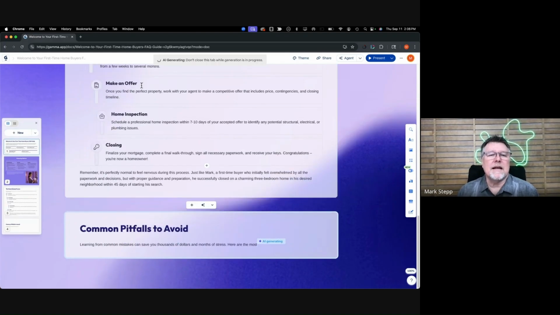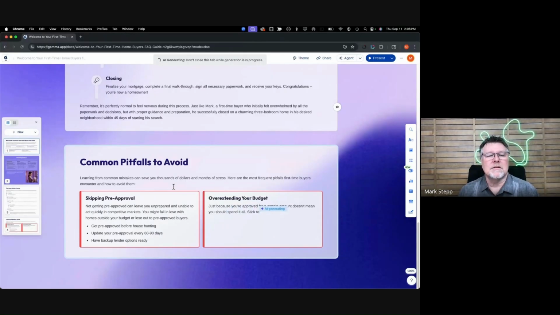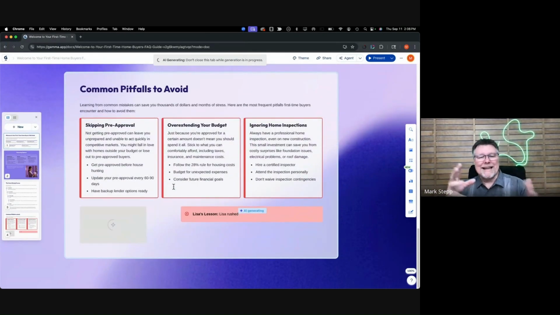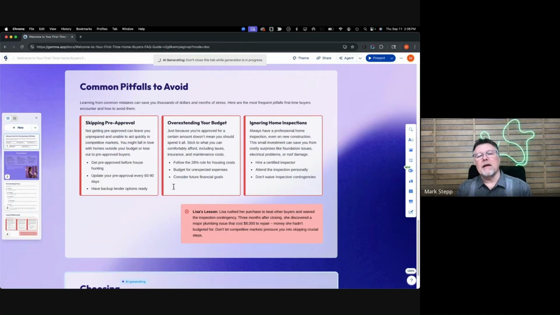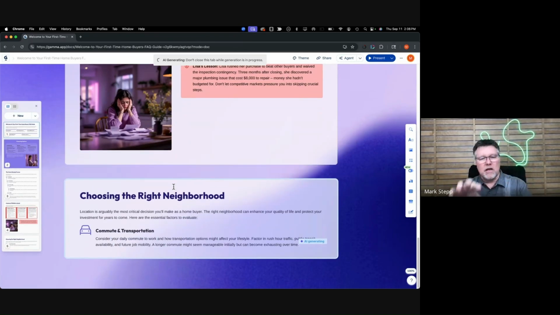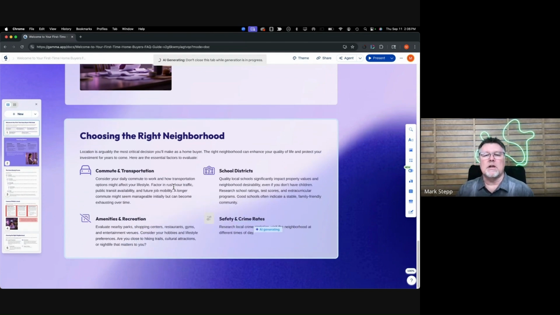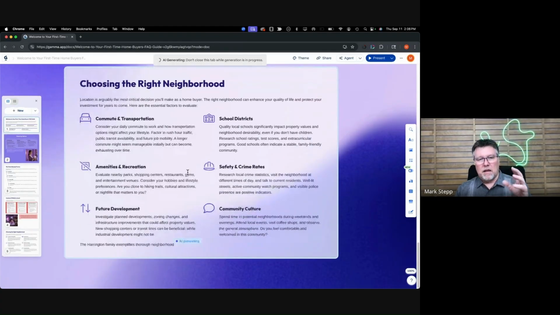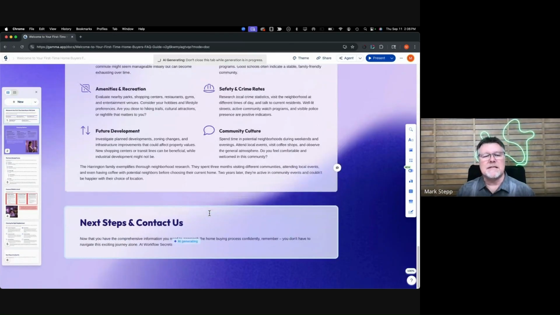Here it's creating a kind of a path of things, some common pitfalls. It's taking all of that context that we created and puts it in here. Once it's done, then you can go in there, you can manipulate the images, you can tell it, I want to change images, I want to do different stuff. But this now is amazing, right? We can do all of this, creating each of these items.